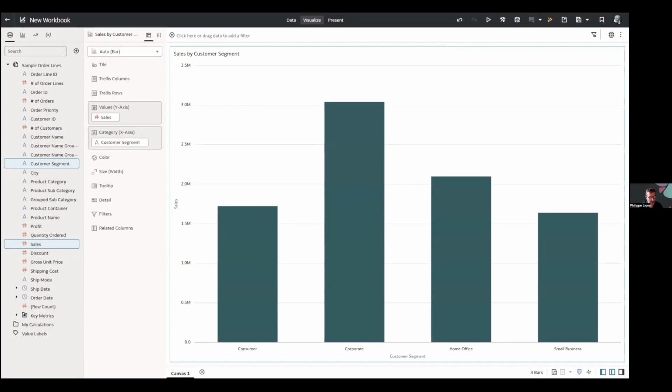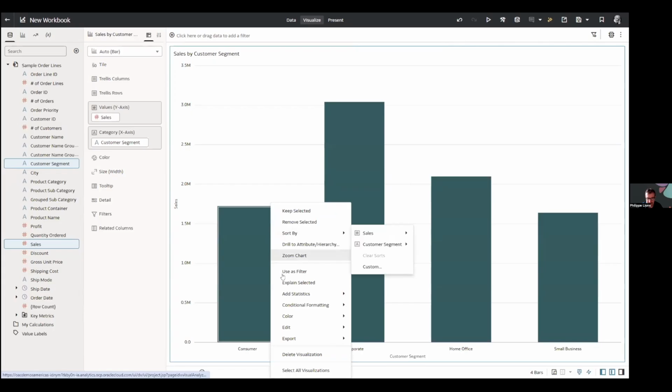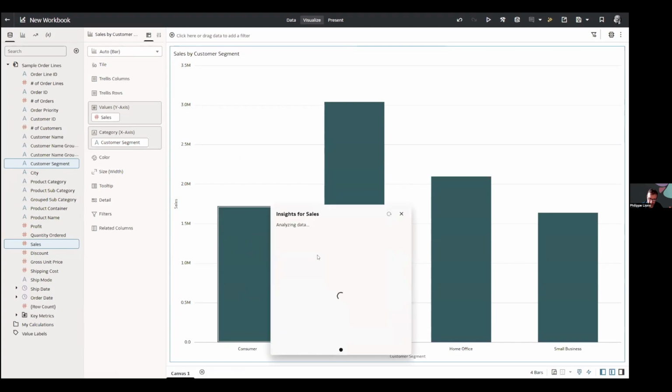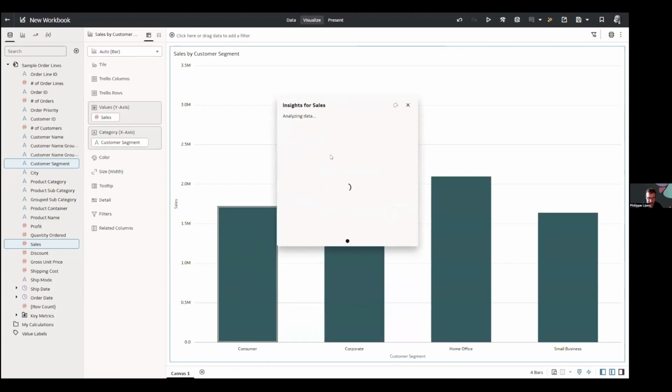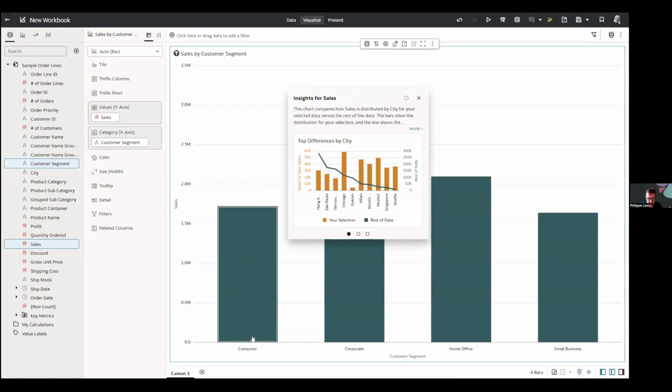So I just created a visualization, and whether I'm a consumer or an author, now as I'm clicking on any aspect of this viz, I have a contextual menu that explains, so these are sales by segments, and I want to have a little bit more detail about this segment, and I haven't really prepared this, so let's see what the system is capable of telling me on the fly about consumer segments.